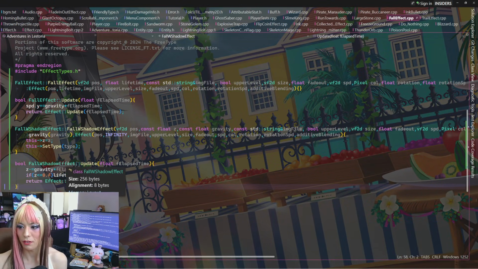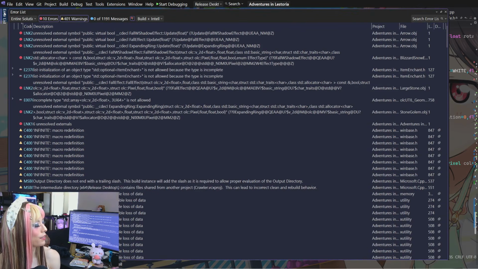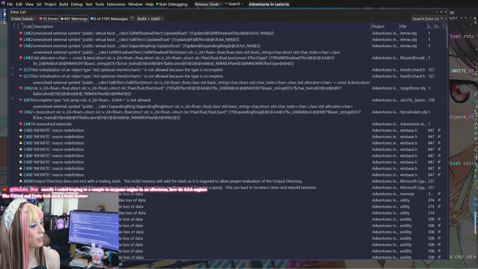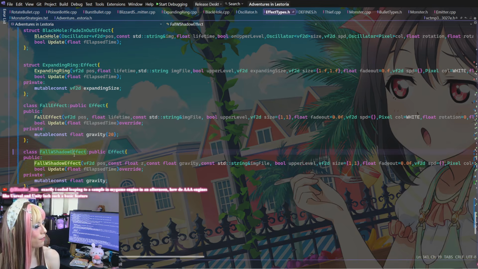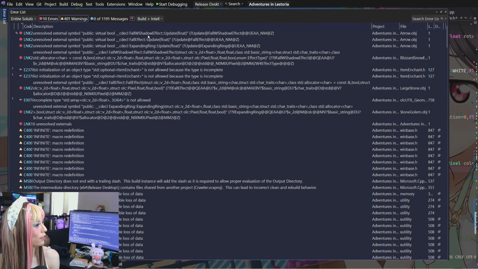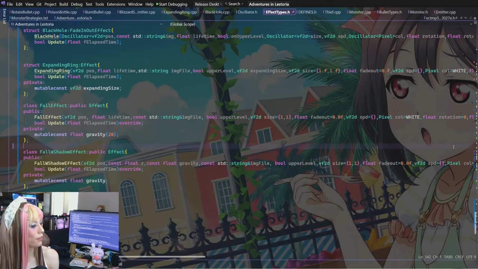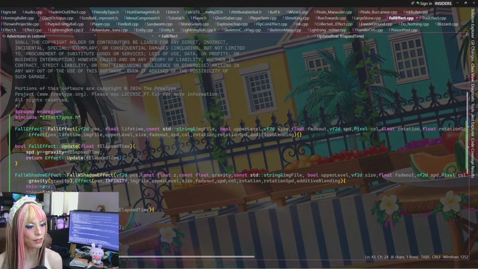I'm not sure why that can't link if it's staring right in my face. It's not inline. Am I missing something? We also have fall effect update not showing up. Fall effect update, I believe, is in that same file.